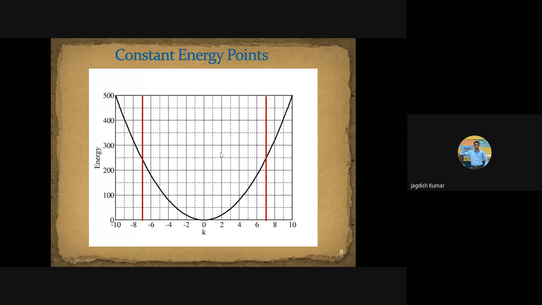So now if we take a constant energy, I mean, a particular energy, then let us take a particular value of k, say maybe something like 6.5. It's not even a Brillouin zone boundary as such, but if we take any particular value of k, what is the energy value of the electron? This will be one specific value, this one. And there will be two degenerate states here, isn't it? h cross square k square over 2m. So for a particular value of k, one state is here, the other state is here. Two states. Fine.